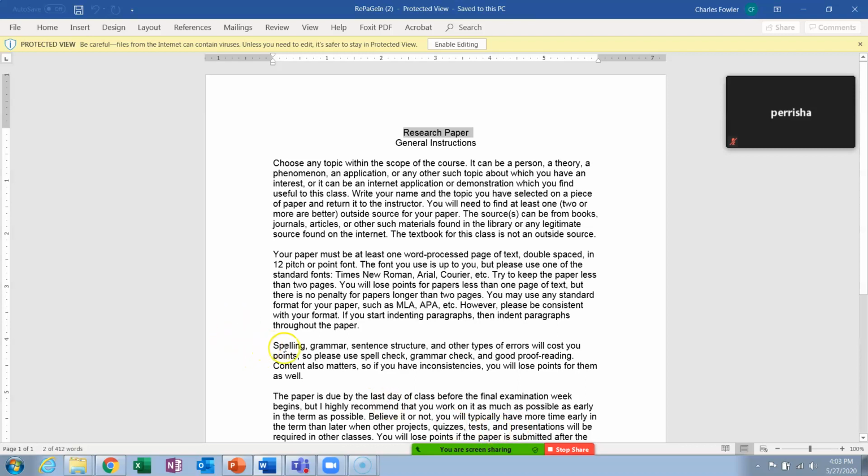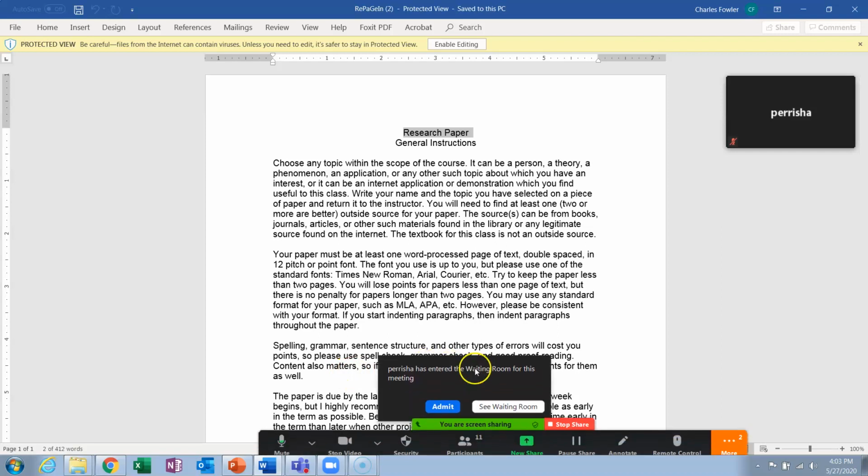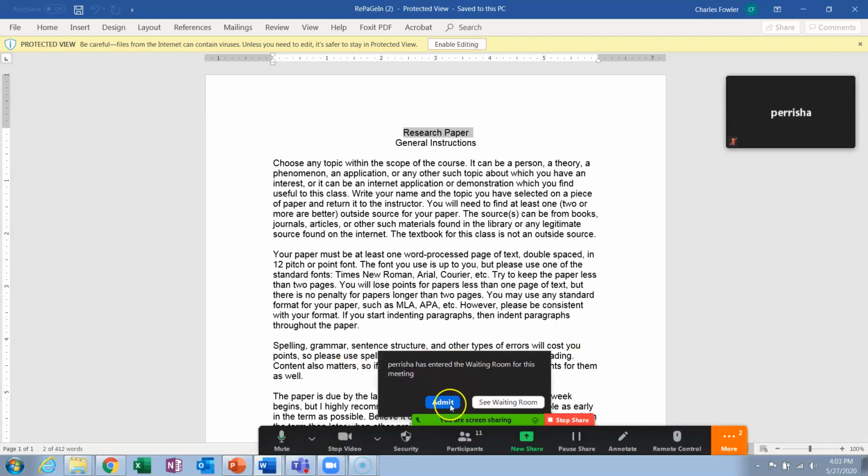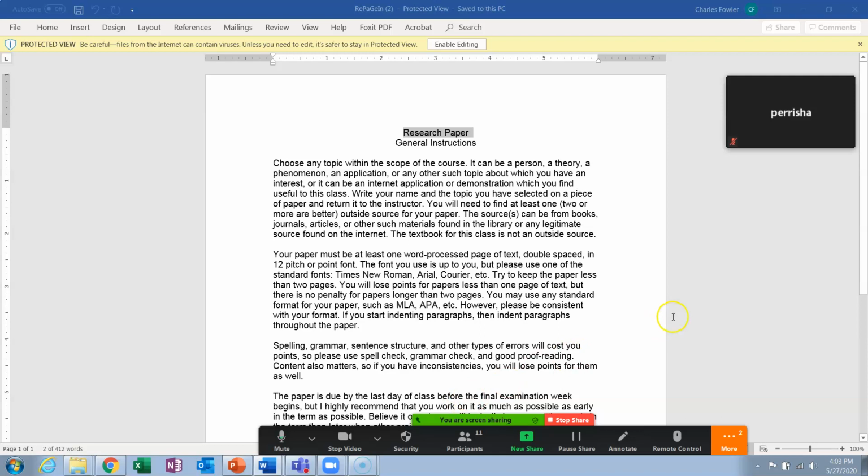Also, spelling, grammar, sentence structure, all those types of errors will cost you points. So use spell check, use grammar check, use good proofreading skills. But your content also matters. So if you have inconsistencies in your text, okay,